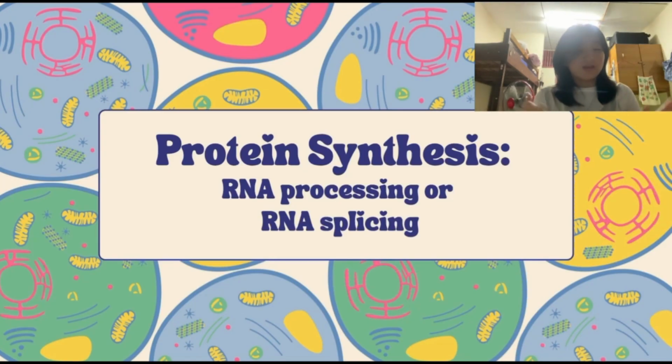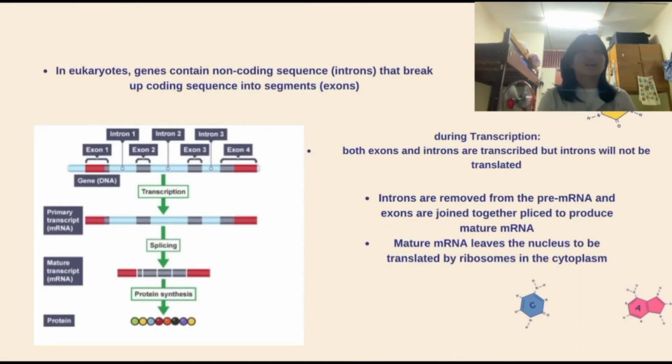eukaryotic cells. In eukaryotes, genes in DNA contain non-coding sequences and also coding sequences, and non-coding sequences are known as introns and coding sequences are known as exons. During the transcription process, both introns and exons will be transcribed into pre-mRNA, and only exons are needed to be translated. So introns are removed through the splicing process, and the exons are joined together to produce the mature mRNA. In the end, this mature mRNA will leave the nucleus to be translated in the ribosome in the